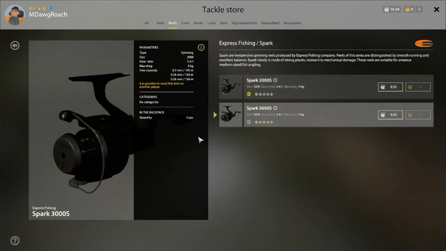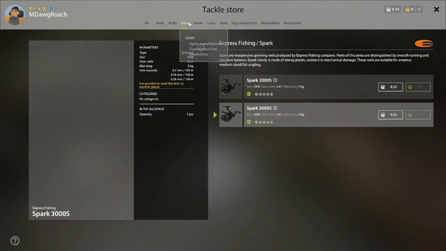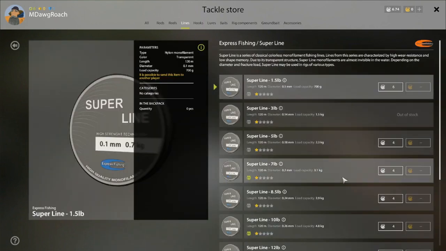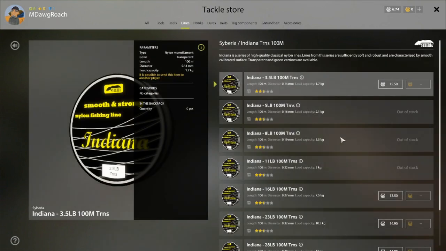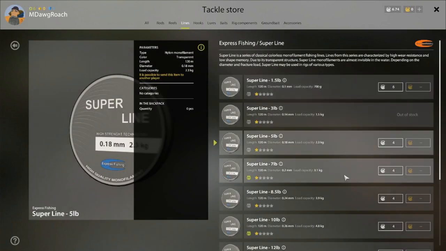And then we want the Spark 3000, so we have a little bit more spool. Max drag of 3 kilo. Basically this line. It's not ideal, but we don't want to go down to 2.3. Look at how much stuff is sold out. This is crazy. That's actually scary. We're going to have to go to...